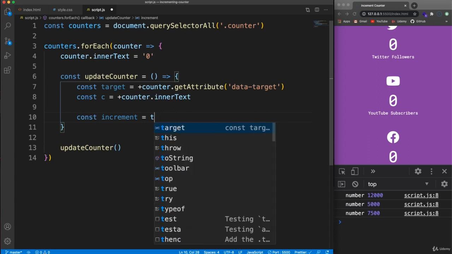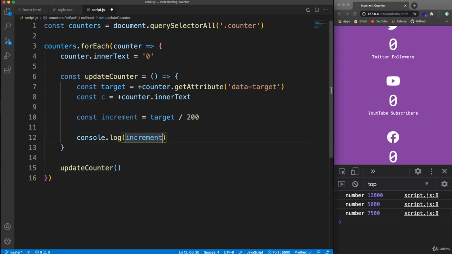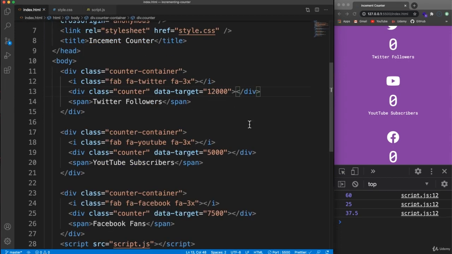So we want the target. Let's take the target and let's divide by, and this could be anything you want. If we just use target, it's going to increment by itself. So 12,000, 5,000, and it'll just basically flick right on the screen. We want it to count upwards, so I'm going to divide it by 200. And you can experiment with this if you want. Now I'm going to console log increment here. So the first one, remember, that is 1200, and that divided by 200 would be 6,